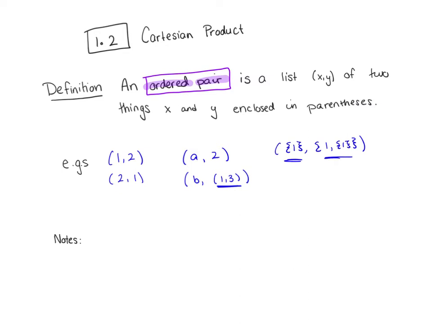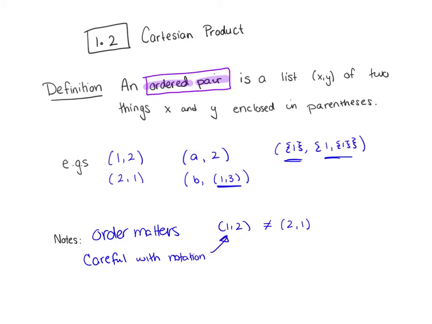Okay, so let's put some notes. So notes, order matters. So (1, 2) is not the same thing as (2, 1). And we should be careful with notation. So what do I mean by that? We've actually seen this notation being used before. So (1, 2) can mean